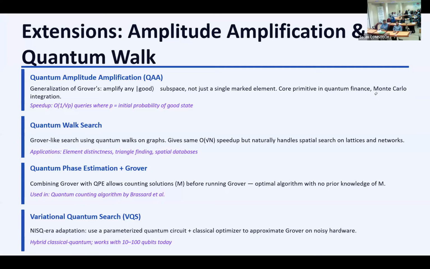Same case: we have the desired state, flip it around the average, and you're going to get the highest amplitude around that. Similar is the case for quantum search. We can use Grover's algorithm as an extension of quantum search. And then there is quantum phase estimation, and then VQS,